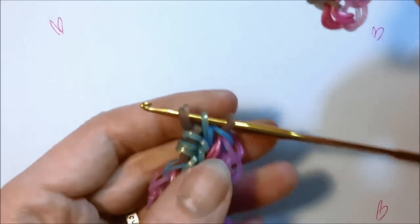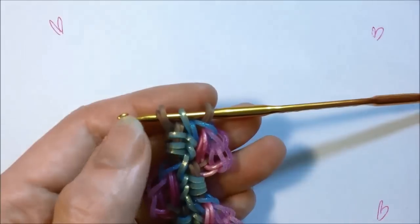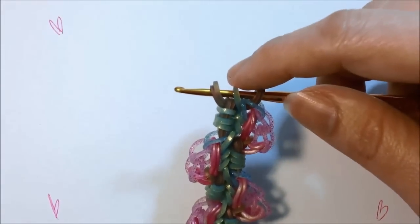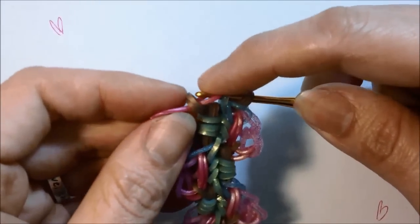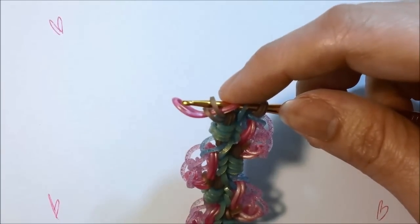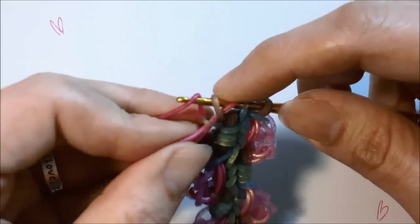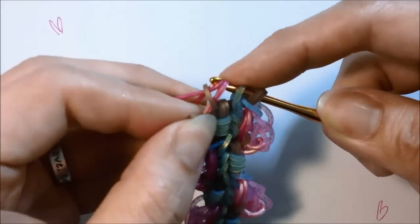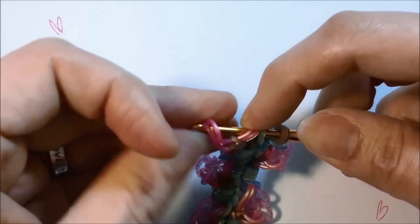So I'm going to continue with this one here. So it's exactly the same. Okay, I'm just going to continue with this one so I can make a full bracelet. Now, we're going to grab 1 band, pulling it through 2 bands, and then picking up the band closest to your hook. Okay, and then grab another band, pulling it through that band there. So there's 2 bands, putting them back,